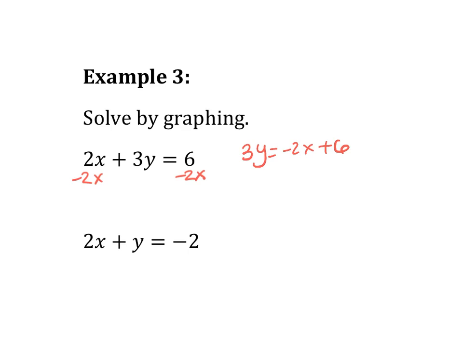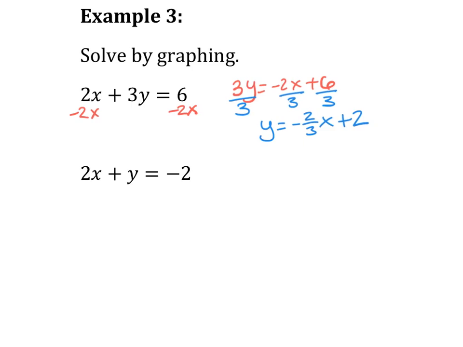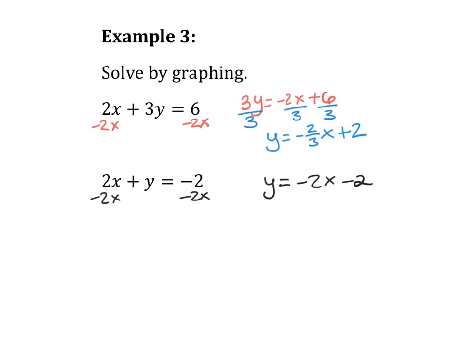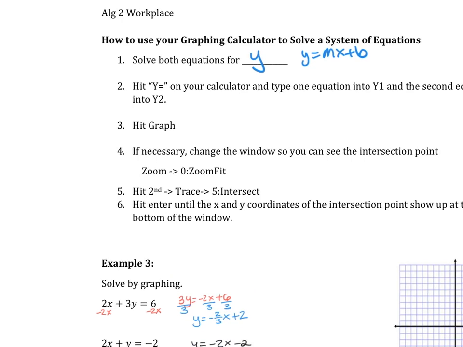Then I have to get rid of that 3 in order to get y by itself. So that's 3 times y. So to undo multiplication, we divide everything by 3. So we'll have y equals negative 2/3 x plus 2. And then our second one over here, to get y by itself, all we have to do is subtract 2x from both sides. We'll have y equals negative 2x minus 2. So to type this in our calculator,